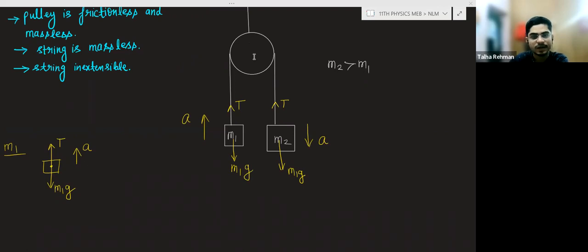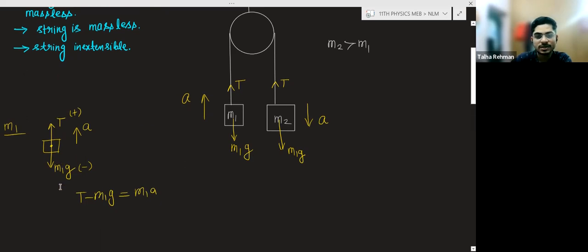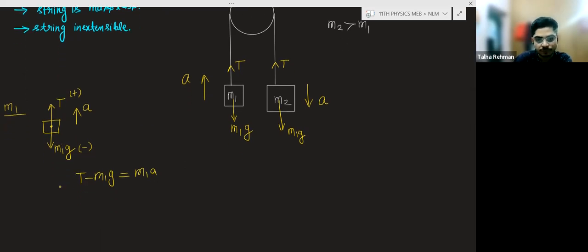T minus m1g. Why not m1g minus T? Because this whole system is moving in this direction, so I am taking this as positive and this as negative. So when you calculate the net force on mass m1, you will write T minus m1g is equal to m1 into a. Now for mass m2,